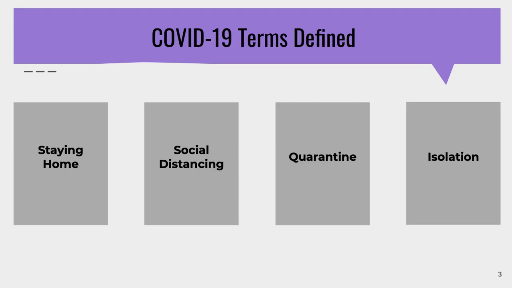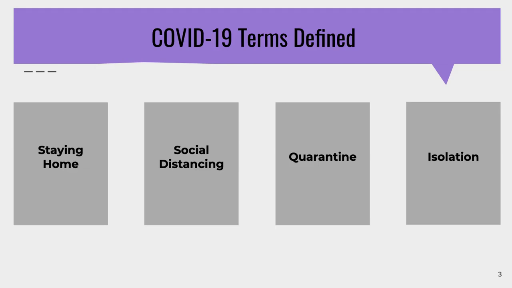When we do leave our homes, we've been practicing social distancing or physical distancing. This means keeping 6 feet between you and others and not gathering in large groups. This is practiced alongside other preventative actions, including wearing masks, washing hands, and cleaning and disinfecting high-touch surfaces. Like staying home, social distancing helps limit opportunities to come in contact with contaminated surfaces and infected people outside the home. Next, we have quarantine, which is also referred to as self-quarantine.